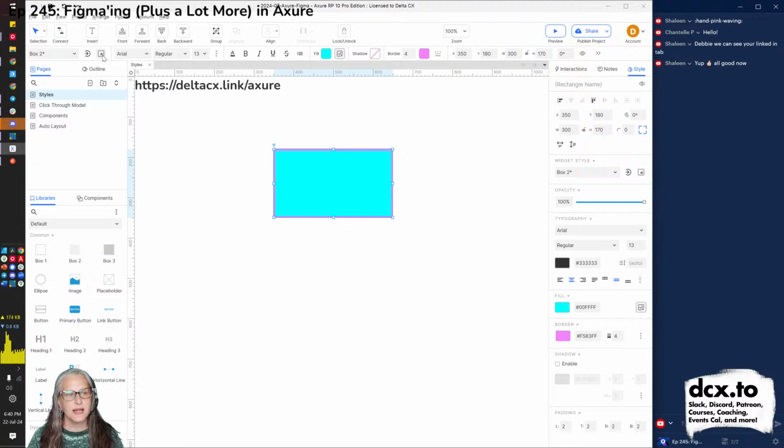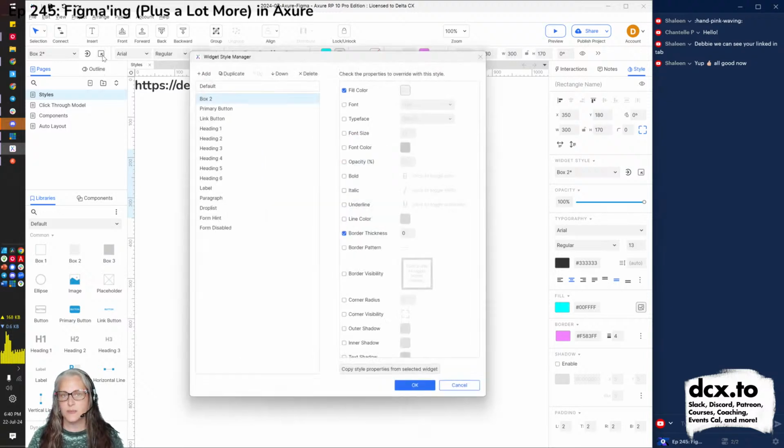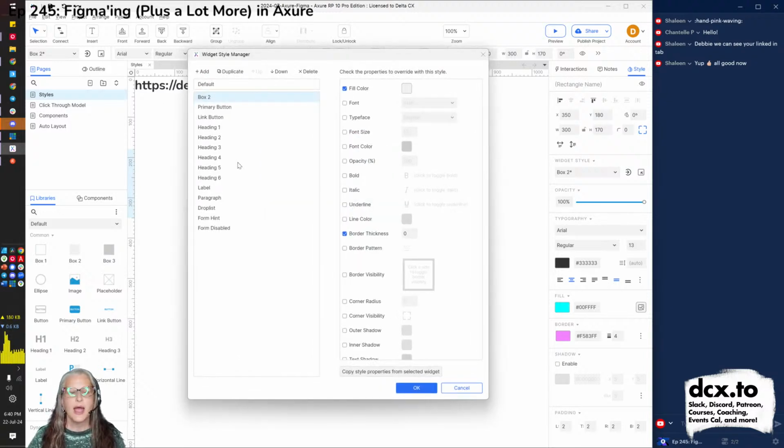So global styles live up here where you can see manage widget styles, and I can create my own styles or I can change the defaults. Now the defaults are just for this Axure file. It's not going to be for every Axure file. It's not that global. It's global to this file. So no matter how many screens or pages I design, these styles are global to this file, not to my account or team. Maybe we'll see that in Axure 11, but I can't say.